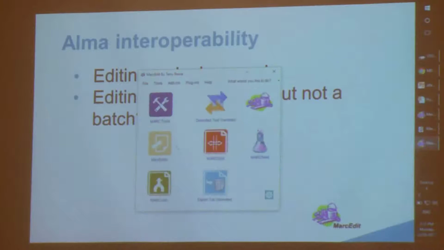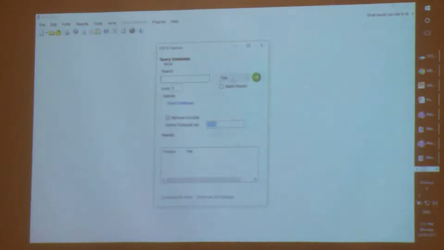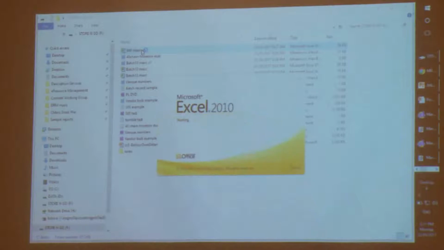Okay, so again, I've got my MarcEdit open, and I can do a Z39.50 search just on a single MMS ID if I want to. So I'm just going to open up this one, a list that I prepared earlier that I've been working through for some time, cleaning up some 990 notes that we've put in. So I want to take this one,